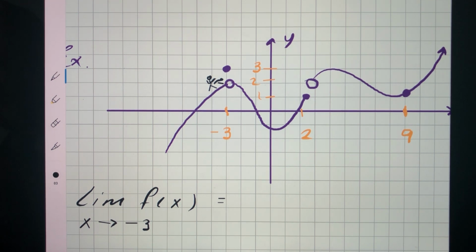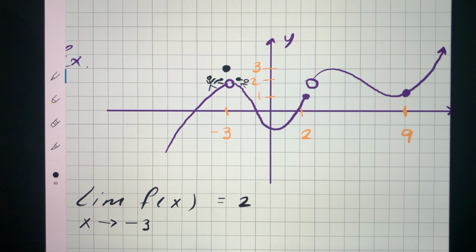And that height is 2 from the left side. As you go from the right side, what is the height that y will approach? And that is also equal to 2. Since both of these values are equal to 2, that means that the limit is actually equal to 2. Even though the value at -3 happens to be 3,